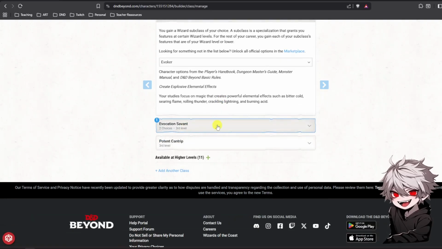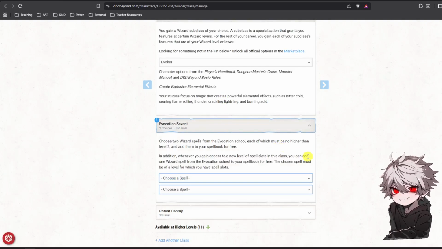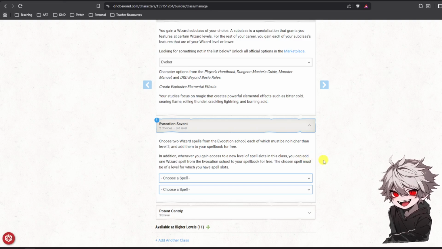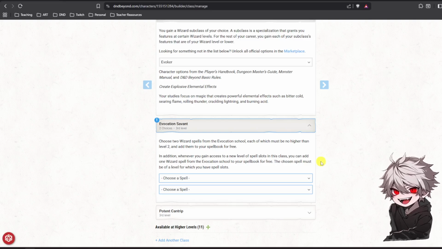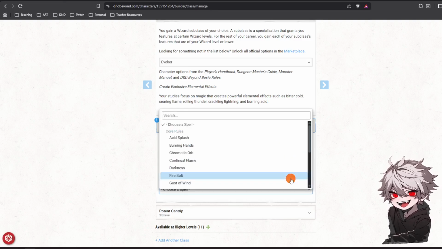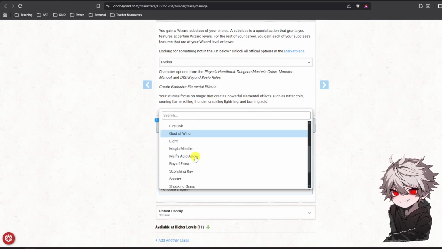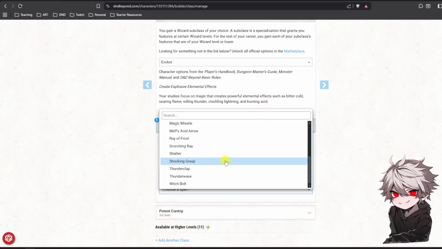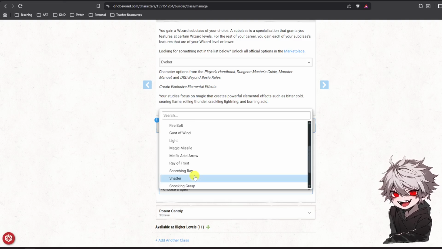Then you get your Evocation Savant, which means you get to pick 2 spells, right? This is why I recommend it. So you pick 2 spells. So what are the first 2 spells we get to pick? As our wizard, wow, there's a lot of them. We don't know what to pick. What can we pick? Well, first of all, we want to either go for our